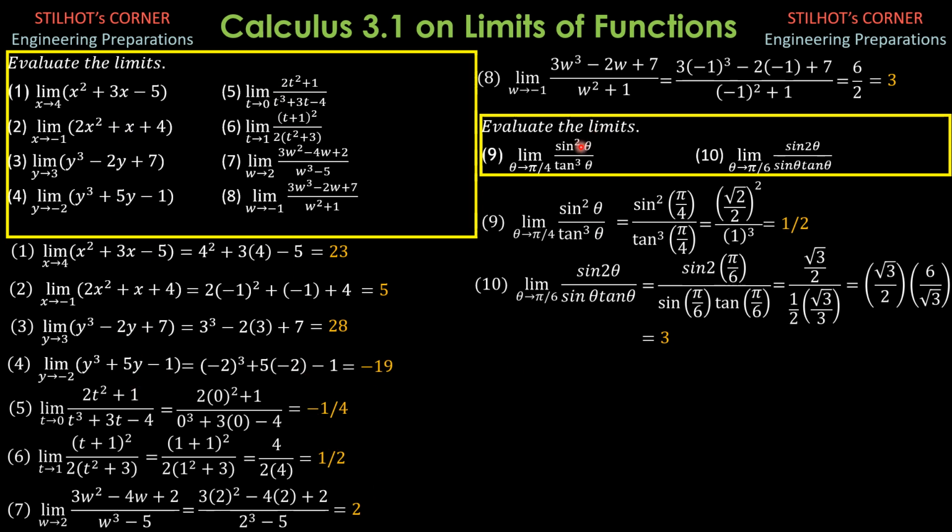Then for functions involving trigonometric functions like this, you set your calculator in the radian mode, then also type these functions, these fractions, then you just press calculate, then set angles like pi over 4 or pi over 6. So after all, evaluation of limits is an easy, very easy job.